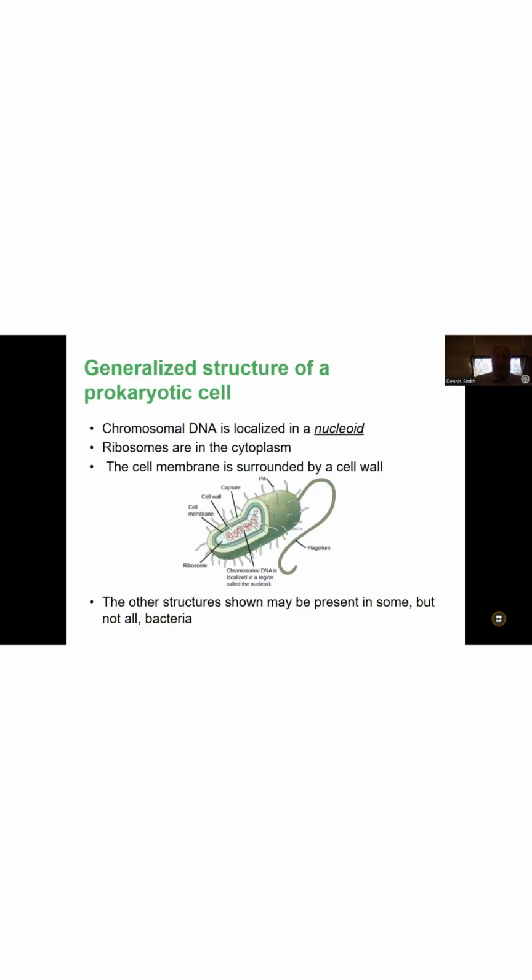You can see the cell membrane, as you have right here. The cell membrane is surrounded by the cell wall, and then the cell wall is surrounded by a heavier capsule on the outside. The other structures shown may be present in some of the prokaryotes, but not most of them. And usually bacteria will have some sort of flagellum or even pili. The pili actually allow the cell to grab on to